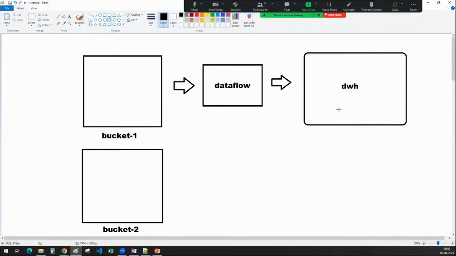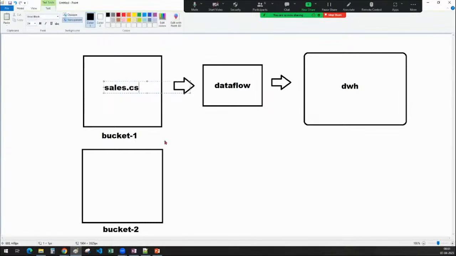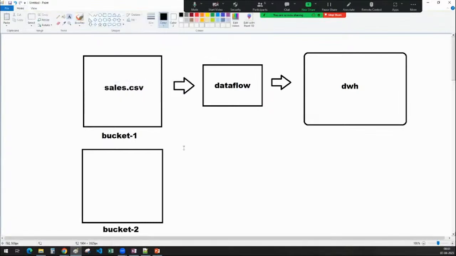So what I am doing is this activity. Once this entire activity is done, for example, from sales.csv, so this is a scenario. There is a CSV file, sales.csv. I got the data from the business, because a business is happening behind the scenes. And from that business I got the data, and I am using Dataflow for transformation and loading the data to the data warehouse.